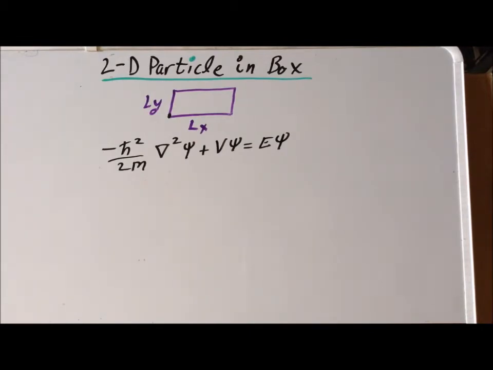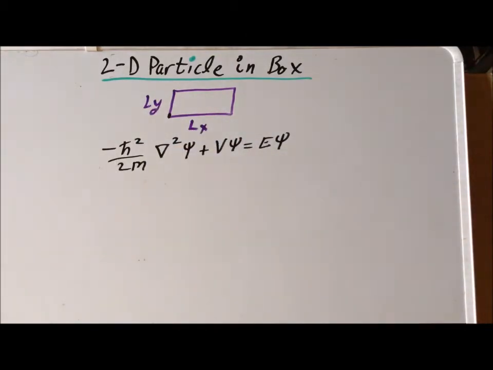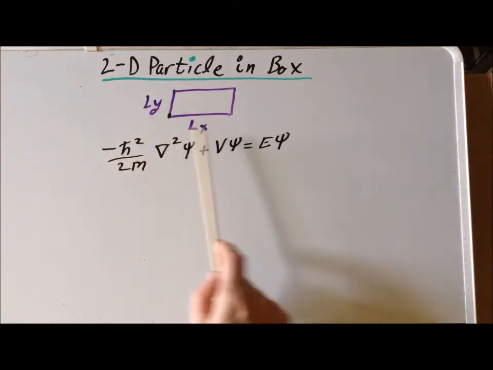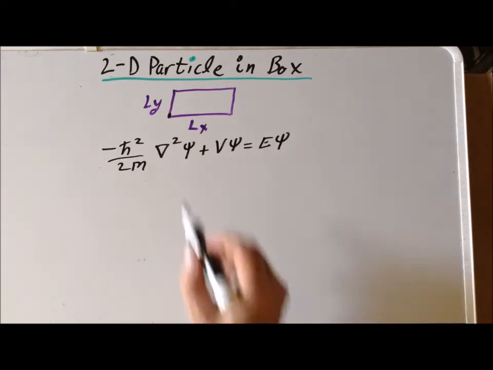In our particular case, we are going to follow what we did for the one-dimensional case and imagine that the particle is confined to the box by having outside the box a potential that is infinitely large. But inside the box, the potential is zero, so that within the confines of the box, the particle is entirely free to move. So with that in mind, and using the fact that we are now in two dimensions,